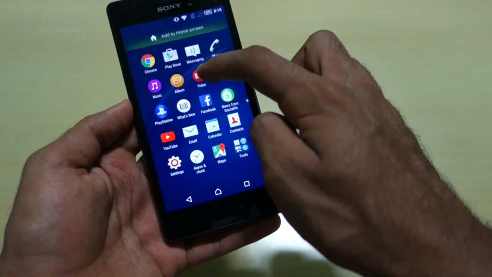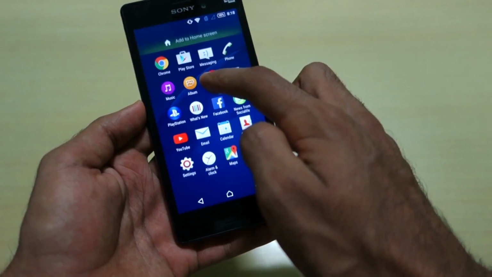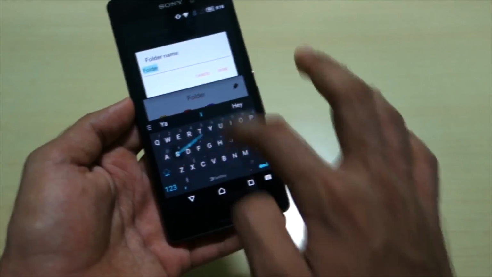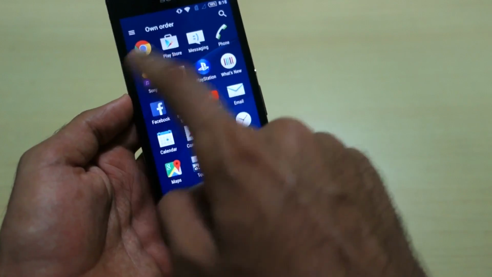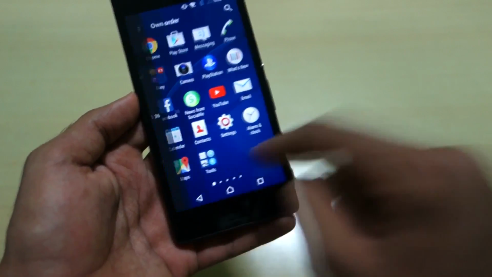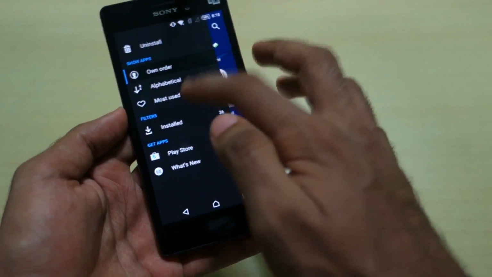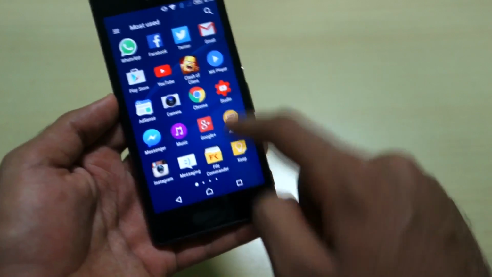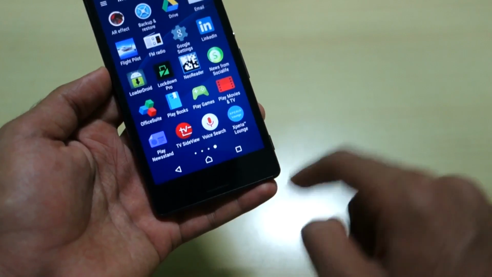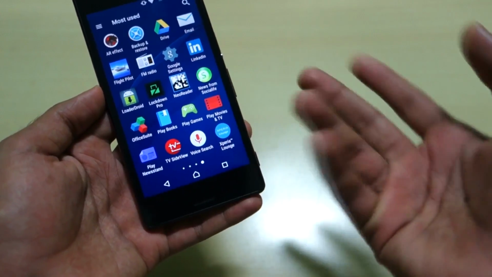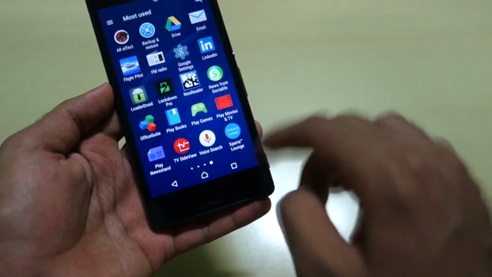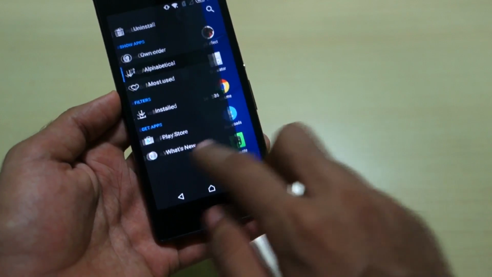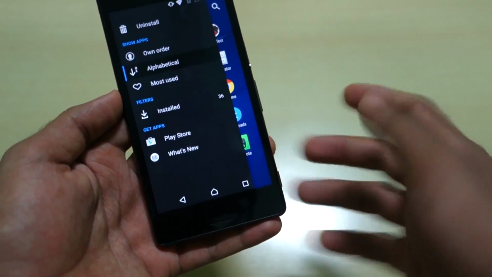Then you can rearrange all the items. You can even create folders with this. So let's assume you want to create this folder. As you can see, I have created a folder too, named Sony. And if you want it to be like a most used list, this is the most used application: Facebook, Twitter, Gmail, YouTube. And Xperia Launch, which is really useless for me, is last. I don't know why Sony provides that, but I prefer alphabetical because it makes finding the apps easier.